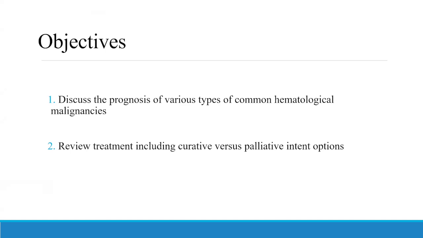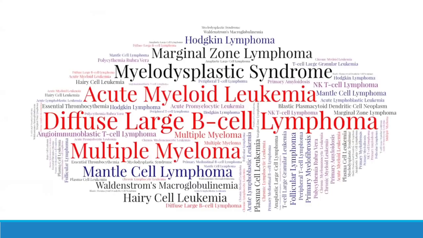There are dozens and dozens and dozens of different types of blood cancers that we deal with. Obviously, for the sake of this presentation, there's far too many for me to go into. So I've decided to highlight the more common ones that you guys are going to see. And for the sake of this clinical case, we are going to talk about diffuse large B-cell lymphoma. We're going to talk about follicular lymphoma, CLL, and then we're going to finish up with multiple myeloma. It's going to be a quick whirlwind overview, but hopefully you get some information to take back with you to your own clinical practice.